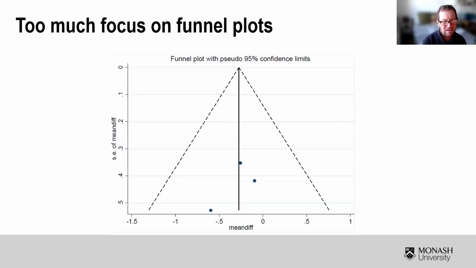And the second problem was that as the years went by, we became aware that there were wider considerations that might enable us to say something about the potential for bias due to non-reporting. So the issue of publication bias became too wrapped up in the issue of asymmetry of funnel plots. Next, please.